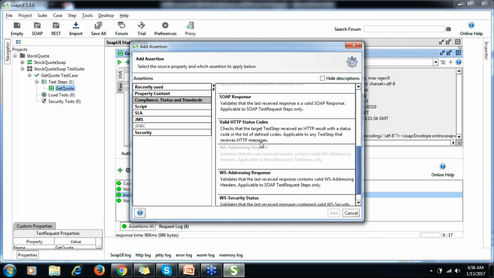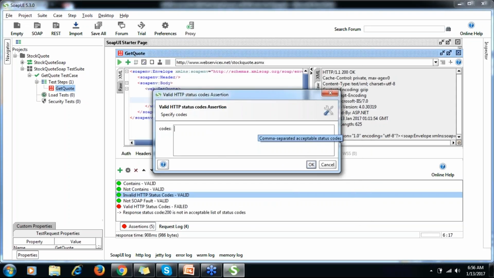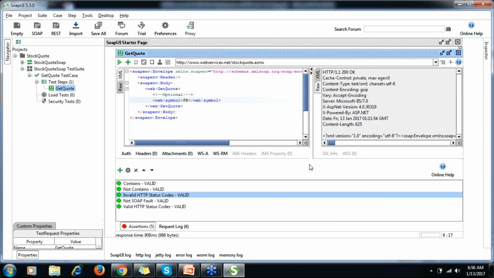Various things are there, team. An important one is valid status code. I want to validate that I am getting the 200 status code. That will pass, right? Because if I run this, contains failed.